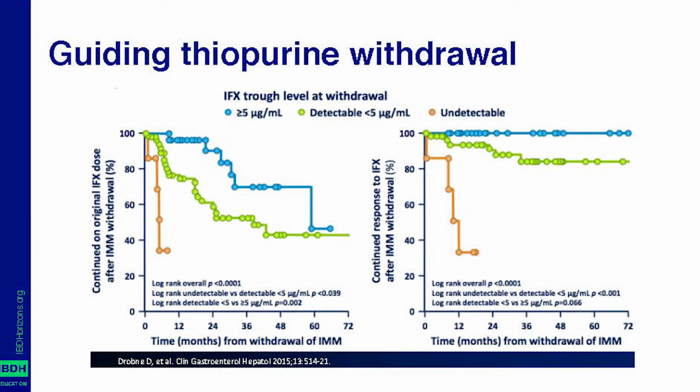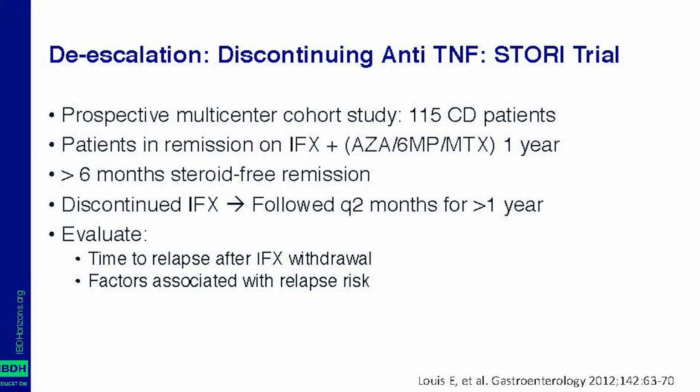You could also predict which patients will do well before you take off the thiopurine. And these are the patients with adequate trough levels, so over 5, and they seem to do much better if you stop the immune modulator versus patients who have a very low trough level. What about de-escalating by stopping the anti-TNF antibody? And this probably is worth talking about independently in a separate presentation. But in this study from